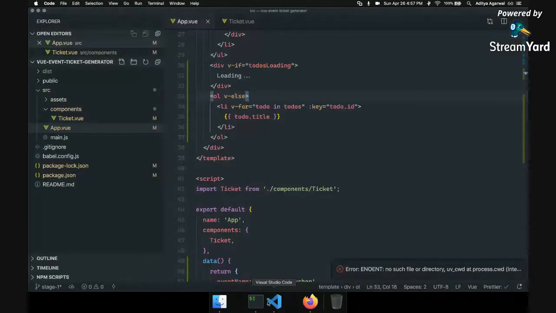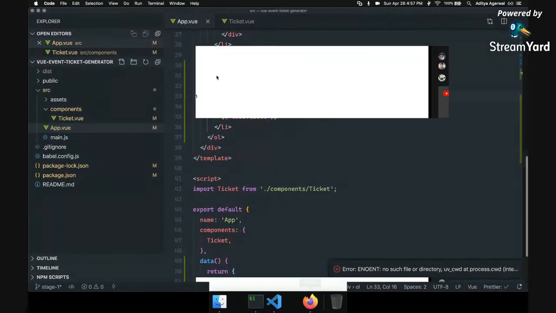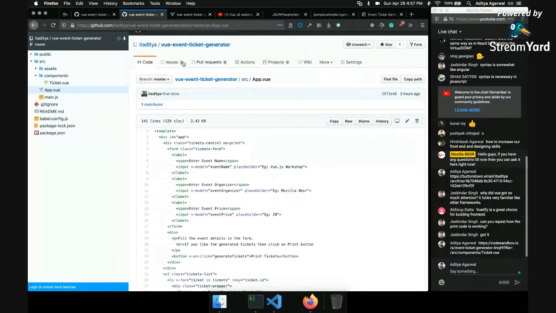All the code for the main application that we built, you can find on GitHub in the master branch.